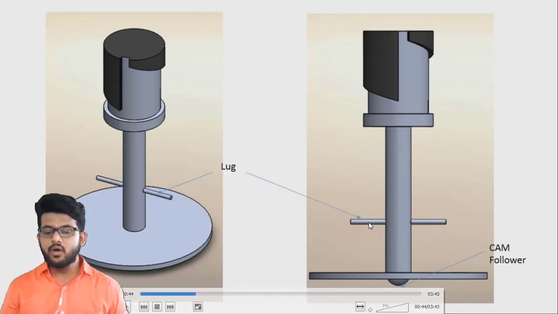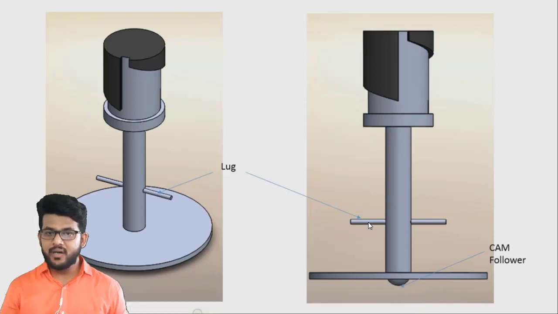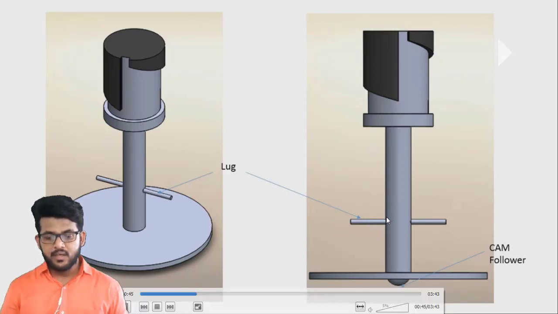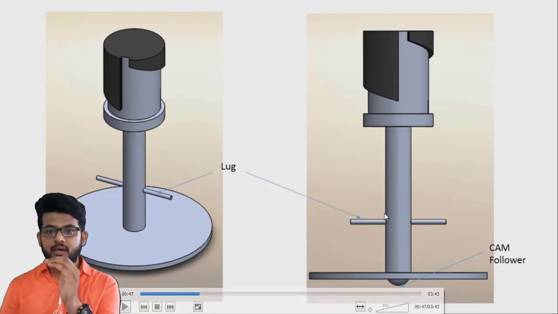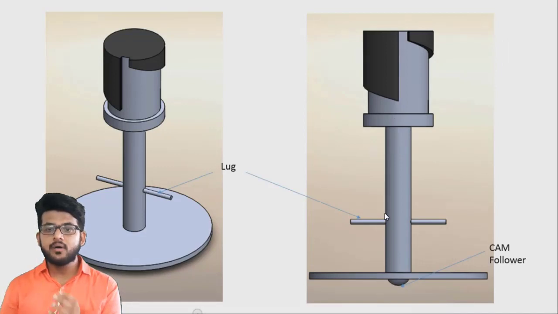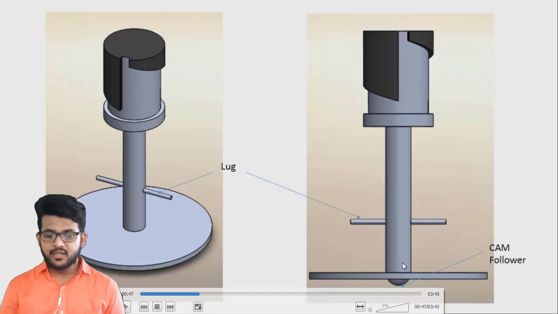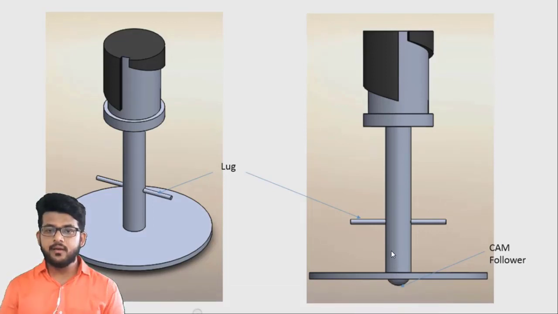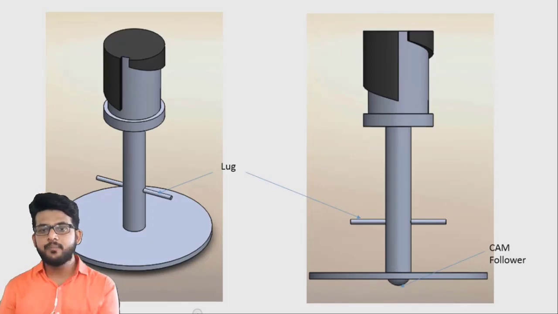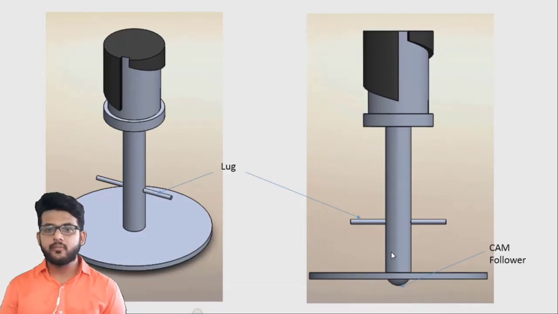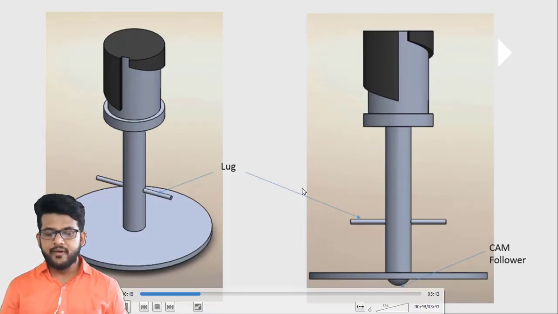This is called the lug, which is a very important part for the operation, and this is the cam follower which will be pushing and pulling, because we need to create push and pull to give pressure to the amount of fuel on the upper side. So this cam follower is used to push and pull the piston. It will create pressure on the fuel, and the fuel will go from the outlet.